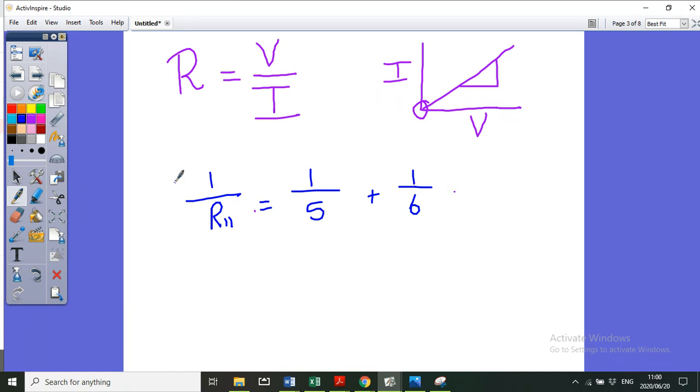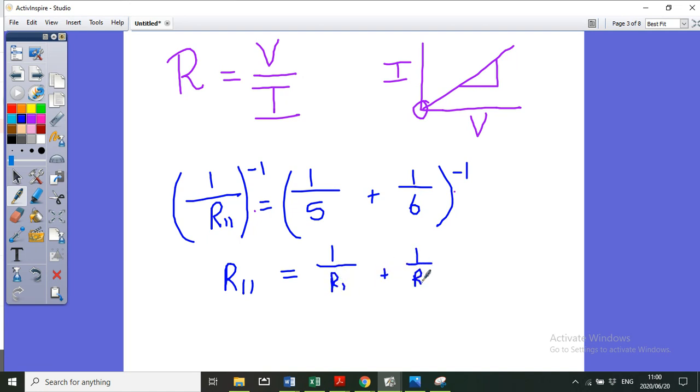But because we live in modern times, you can say that this is all to the minus 1, and then this is all to the minus 1, because that means we're basically swapping both sides around. So you can say that the total resistance in parallel is equal to 1 over R1 plus 1 over R2, or however many resistors you have, but you have to say to the power of minus 1. Because what we often see is you go 1 over R parallel and you give the answer, and then you just say what there is, and you go equal, and you swap them around without actually saying what it's equal